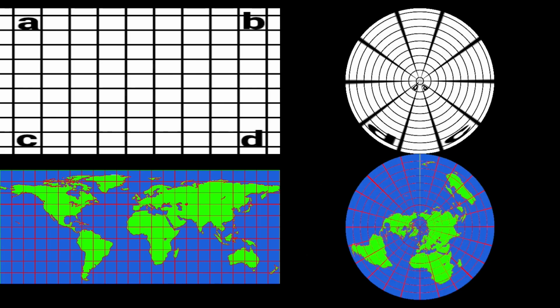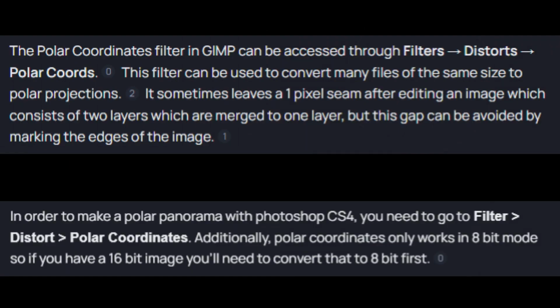On the right is a polar coordinate system, where the center point is the North Pole and the outermost circle is the South Pole. We can convert between coordinate systems. The top line in the cylindrical coordinate system becomes the central point in the polar coordinate system. The bottom line in the cylindrical coordinate system becomes the outermost circle in the polar coordinate system. The conversion also works in reverse.